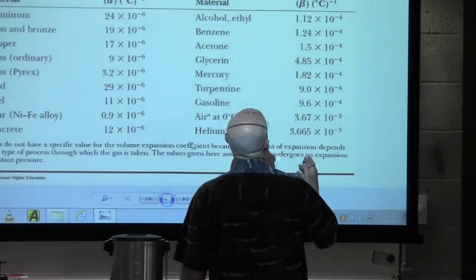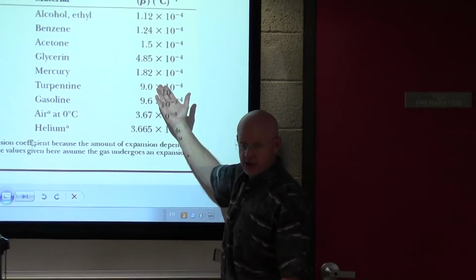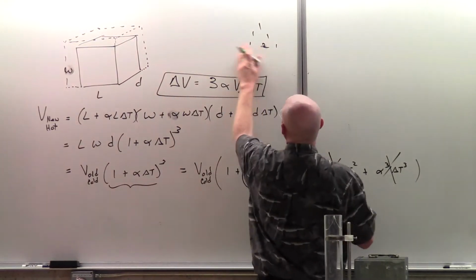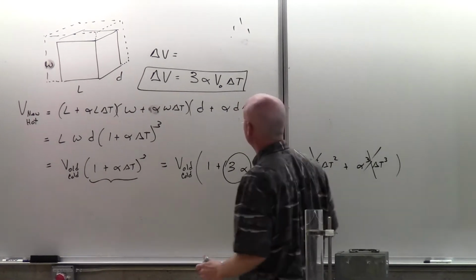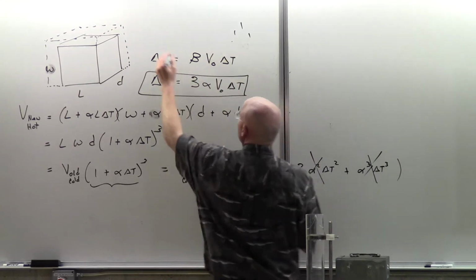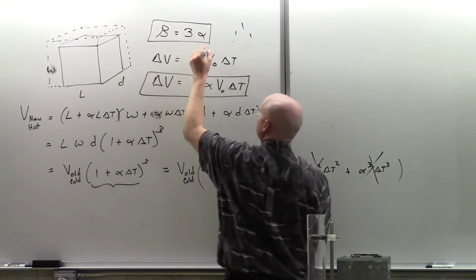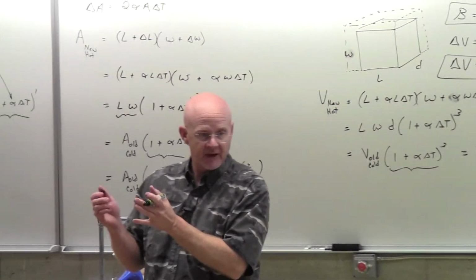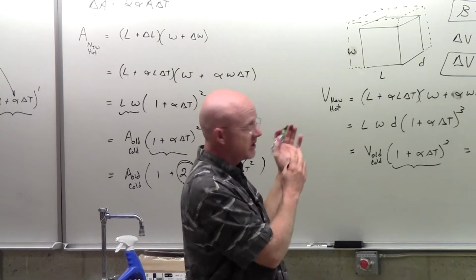If you come over here, your author does label volume expansion coefficients and calls it beta. And so if you would feel more comfortable, we could write this as delta volume, how much did the volume grow, by saying it's beta V delta T. But that's just a long way of saying beta is 3 times alpha. And so we really don't need a column for beta if we have alpha. So you will notice none of those listed for beta are also listed for alpha.